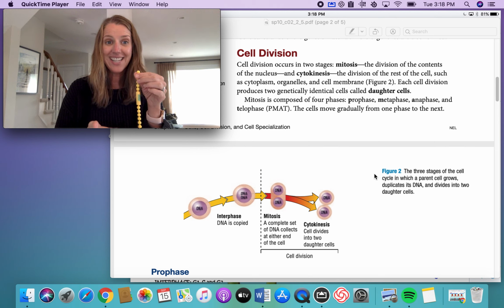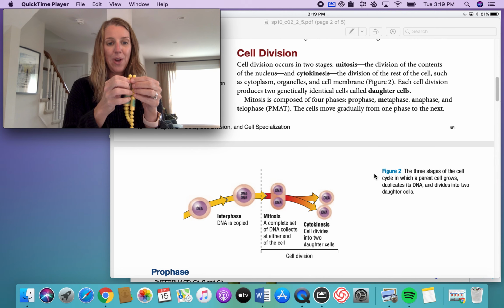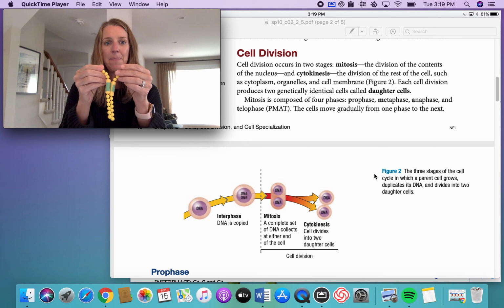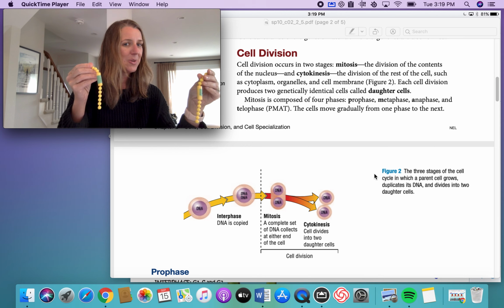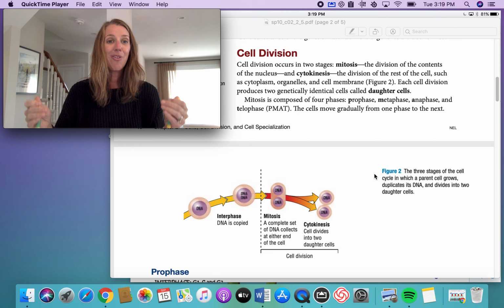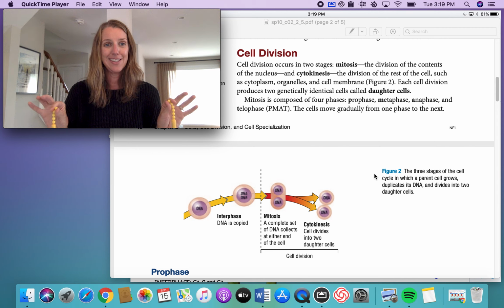We have 46. Each chromosome is going to replicate. And then in the process of mitosis, every single chromosome will split up, and one chromosome goes one way, one chromosome goes the other way. That happens for all 46 of them. And then you've got two cells at the end of this process